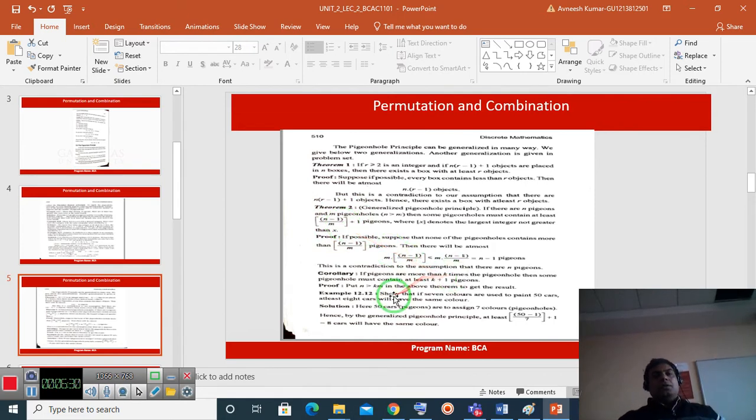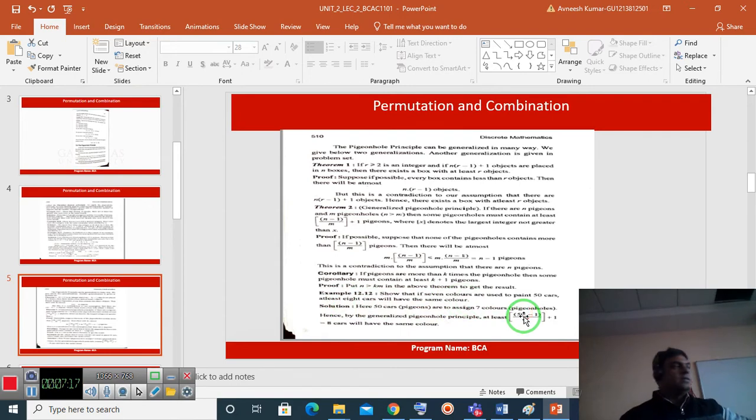Okay, so the question is: if 7 colors are used to paint 50 cars. अगर 50 कारें हैं और 7 कलर यूज करना चाहते हो, तो आपने एक बार में 7 कलर अप्लाई कर दिए, अगली बार में फिर 7 कलर अप्लाई कर लिए, ऐसे आपने 7 या 49 कलर्स अप्लाई कर दिए. तो एक कलर बचा, अभी 50 कार बची, 50वीं कार जिस पर कोई कलर, तो उन 7 में से कोई कलर आएगा. तो चूंकि 7 कार पर 7 कलर्स आ चुके हैं और एक कलर और आना है अभी, तो वो जो 8वां कलर है वो 8वीं कार पर आएगा. तो इसका मतलब है कि there at least 8 cars will have the same color. तो 8 कार कोई ऐसी होगी जिसका same color.